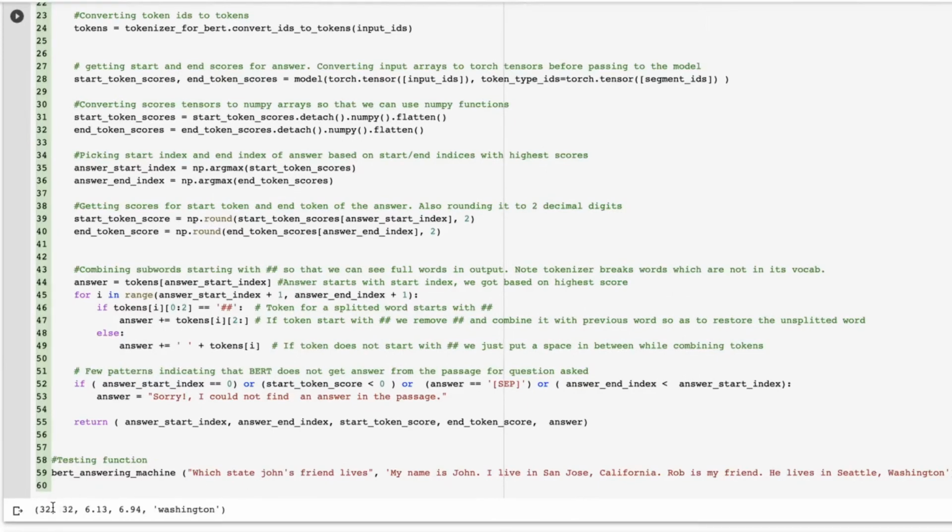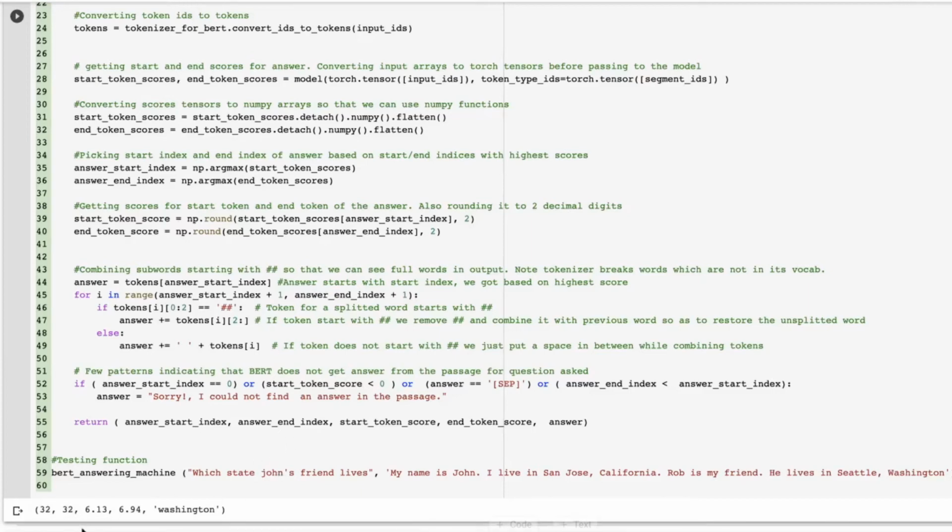You see few numbers also here. So this function also gives you a few more things. So first number is answer start index. So from which index the answer is starting. Since it is a one word answer, the answer is starting from token number 32 and finishing at token number 32.